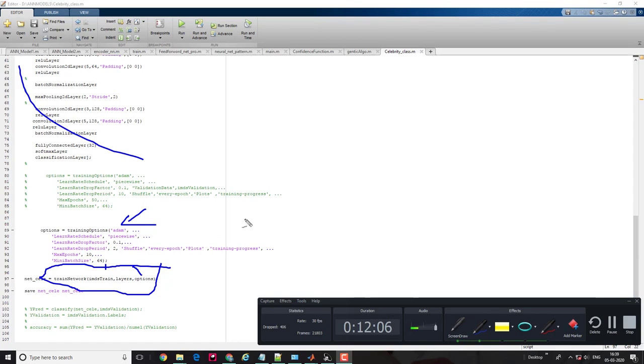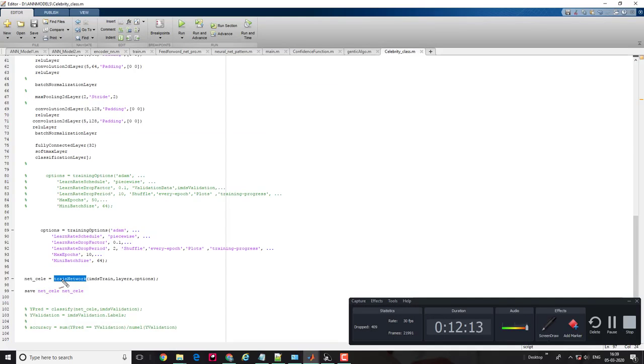Layers and image data train. Once you have these three things, it's time to train your network, and after training, the network will generate a pre-trained convolutional neural network which contains all the celebrities' input images and their target vectors.